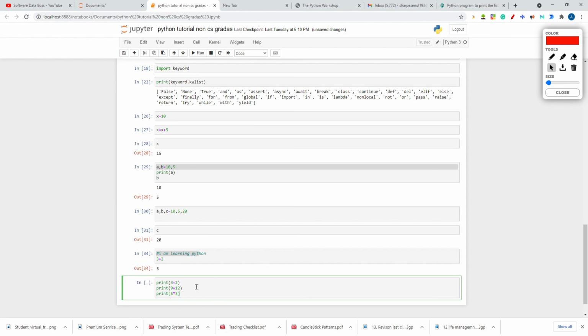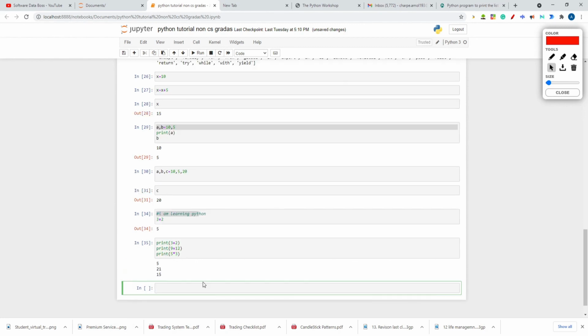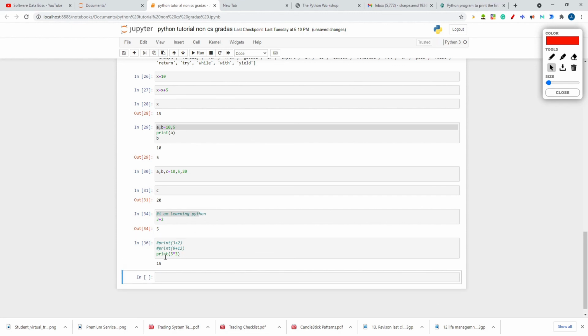If I execute this, all 3 will be printed, because there is a print statement for each. But I don't want to print for these two. What can you do? You can put a hash symbol, comment this out. So these will not be considered in execution, and only this statement will be executed. See, I'm getting only the result 15.